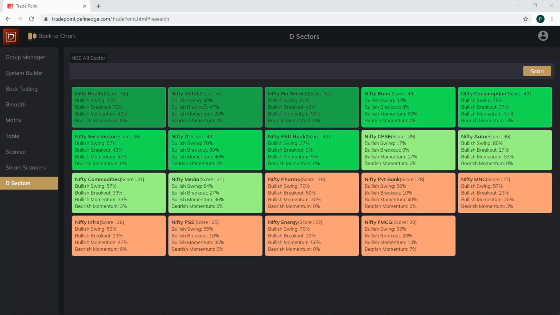So there you can see how many stocks are contributing. If a large number of stocks are not contributing to the strength of the sector, that means there is a weakness and you should be cautious. So this overall analysis will help you to know what is happening in the sectors, and this can improve your stock selection. So this is about sector analysis.